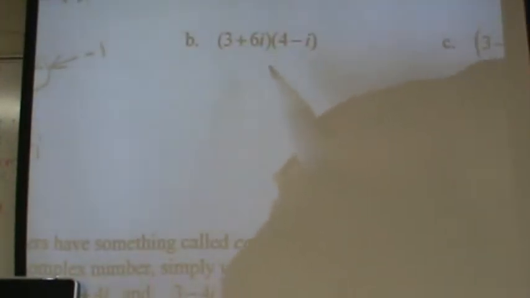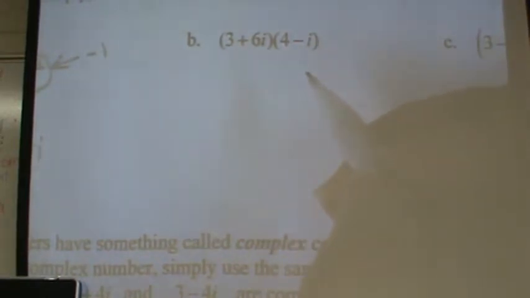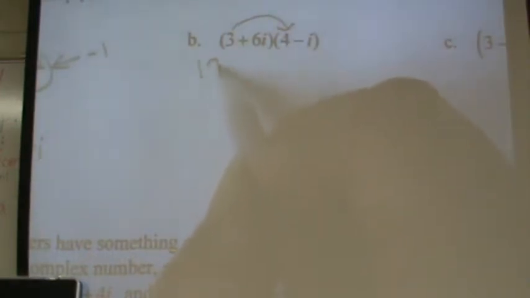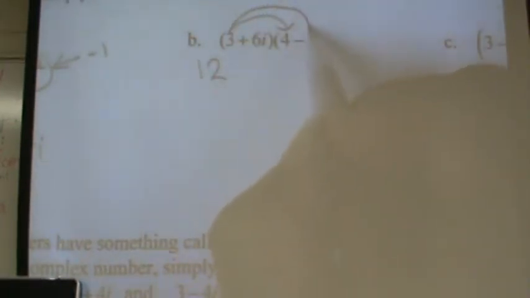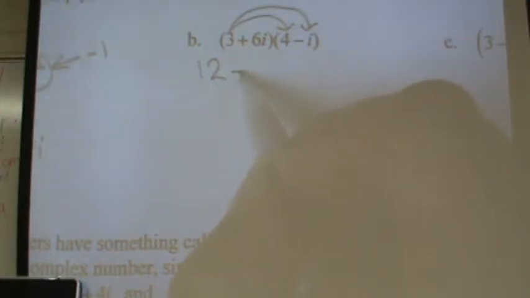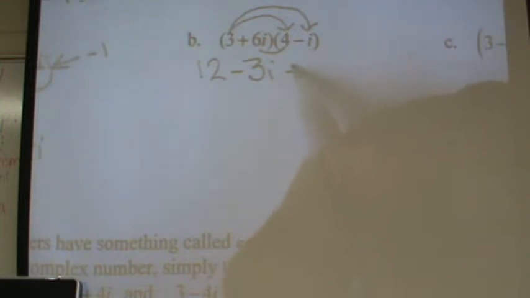What are they asking you to do? Foil, thank you. So, how do you foil this? You do first. What are the first two numbers multiplied together equal to? 12. Then outer. What do you get? Minus 3i. Then what? Inner. 24i. And then